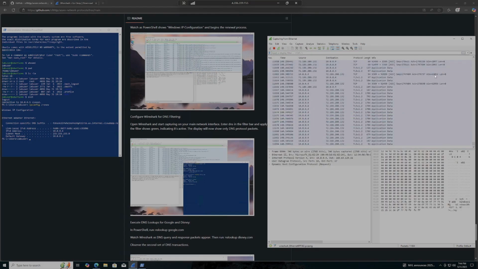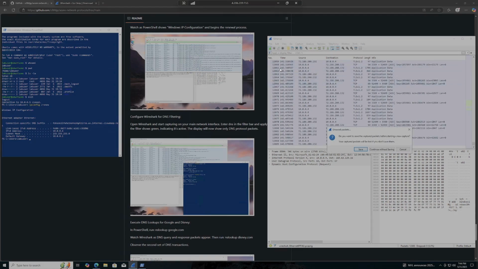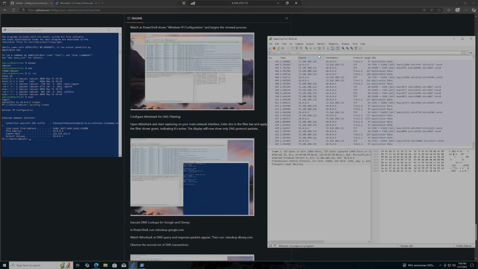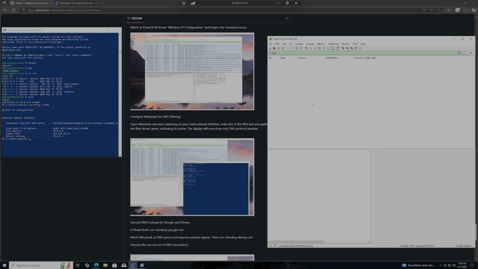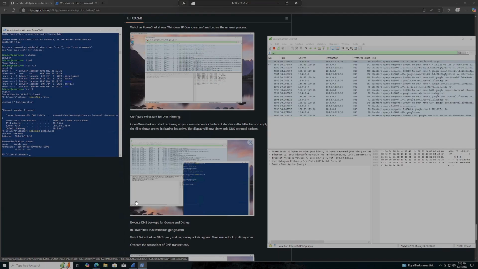So we're going to get rid of that filter. I'm going to go ahead and stop that. I'm going to start a new one. All right, now we're going to do the DNS filter and apply it to this network traffic. So I'm going to come back over here to our PowerShell. Now we're going to look up Google,